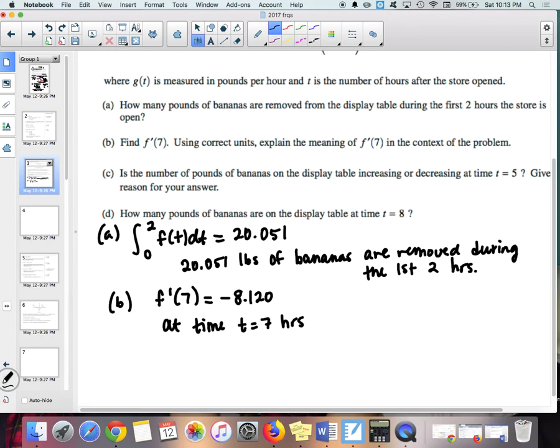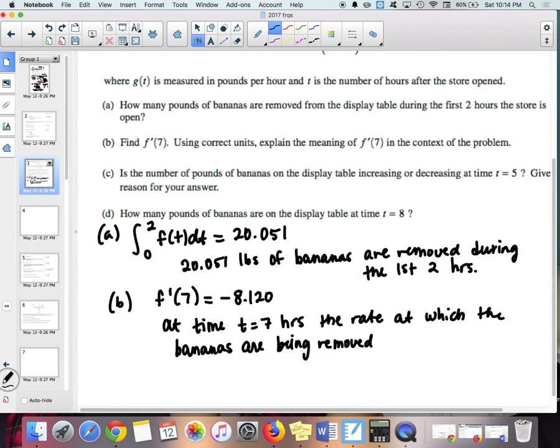So at t equals 7 hours, the rate at which the bananas are being removed is decreasing by